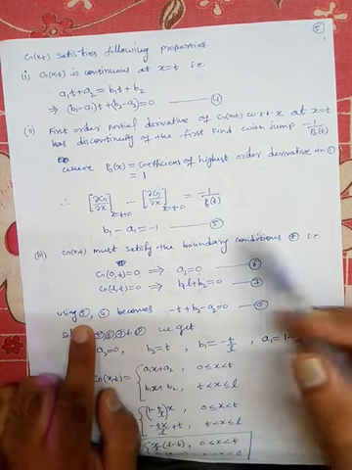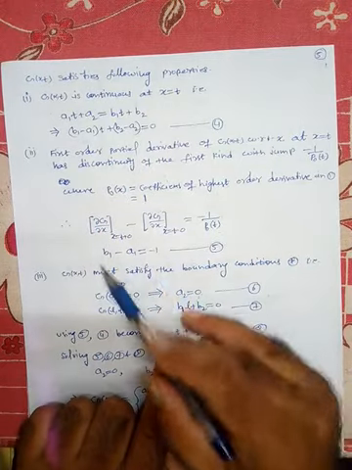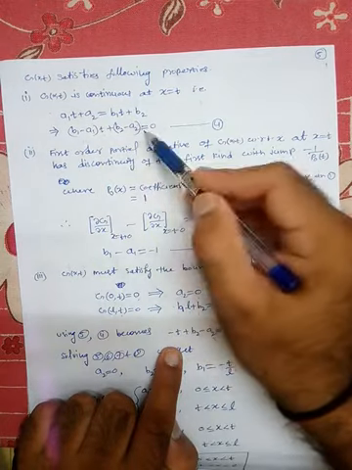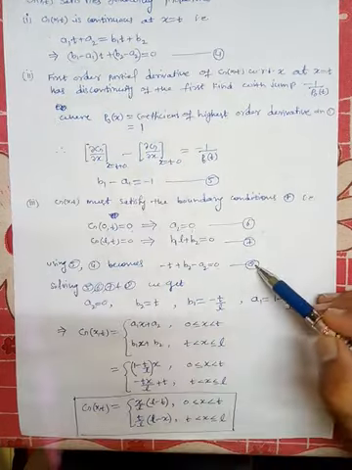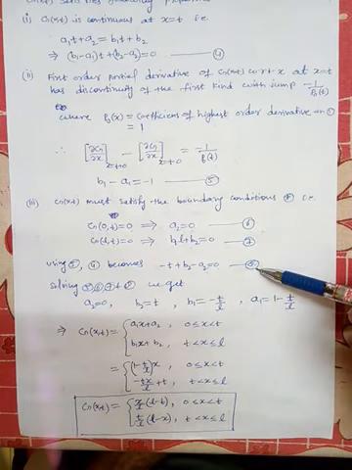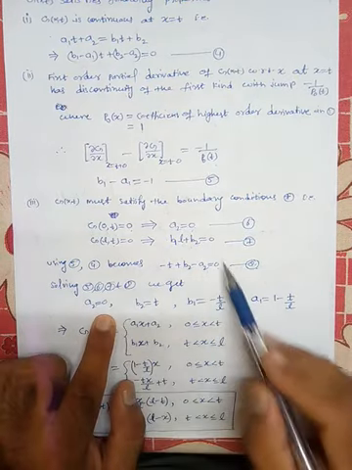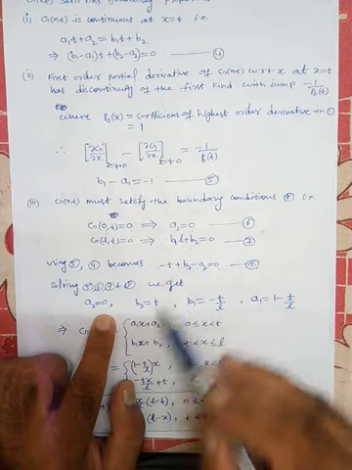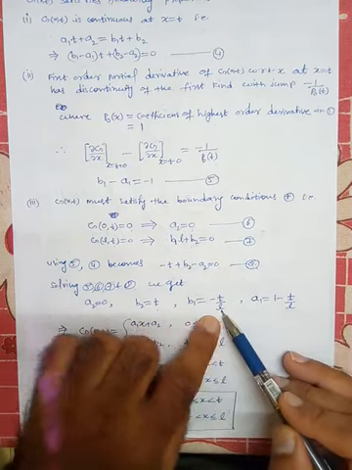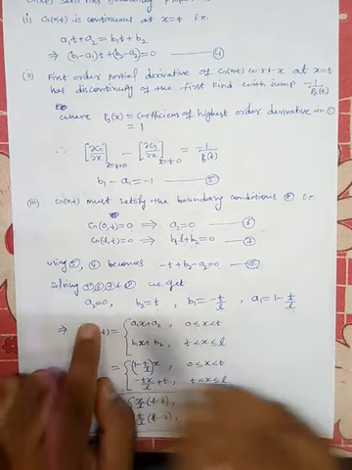Now using 5, this 4 reduces to, put b1 minus a1 equal to minus 1 here, so we get minus t plus b2 minus a2 is equal to 0. So this is the 8th equation. Now solve 5, 6, 7 and 8. From the 6th, a2 is 0. When a2 is 0, from the 8th, b2 will be t. Then b2 is t, so b1 will be minus t by L, and then substitute this value here, so a1 will be 1 minus t by L. These are the values.